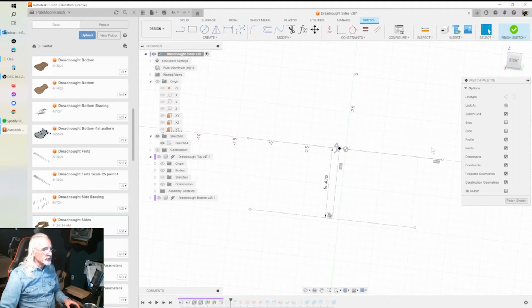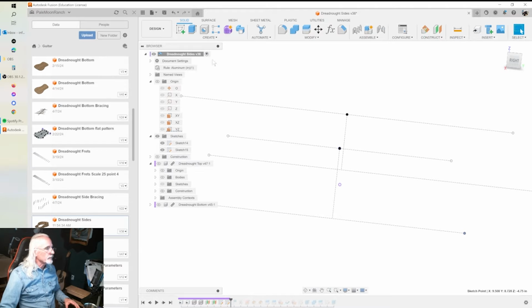The length of these two construction lines is irrelevant. They could be shorter, longer. I'm not sure what I got going on there. Some kind of line there I don't need. It's really just there to give us a visual idea of whether or not our guitar is lined up. We need these two points to make sure that the top and the bottom are oriented at the right angle. So once we're finished with that sketch,